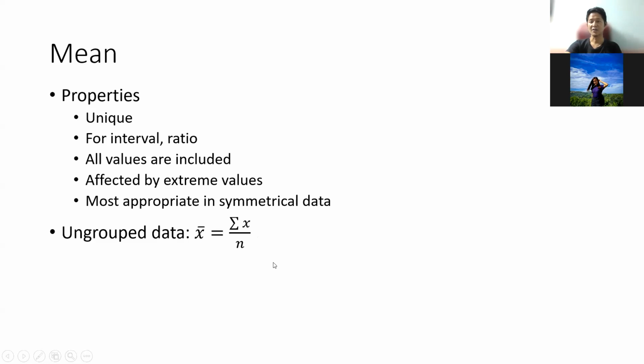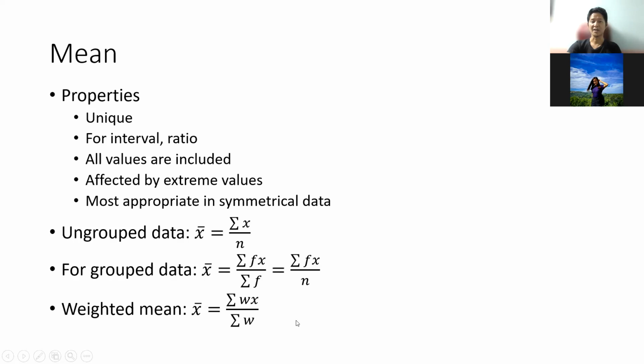So for ungrouped data, or the individual data that we consider, what we just have to do is the usual average, or the arithmetic mean. We just have to add all your data and then divide it by the sample size n. For grouped data, sometimes you call it your weighted mean, you just have to multiply the frequency and the class mark, divided by the sample size. Okay, but we can do away with that. Bihira naman tayo magagamit mamaya.